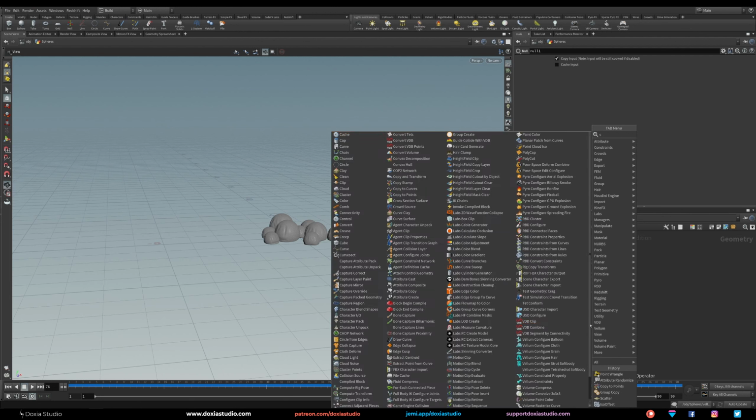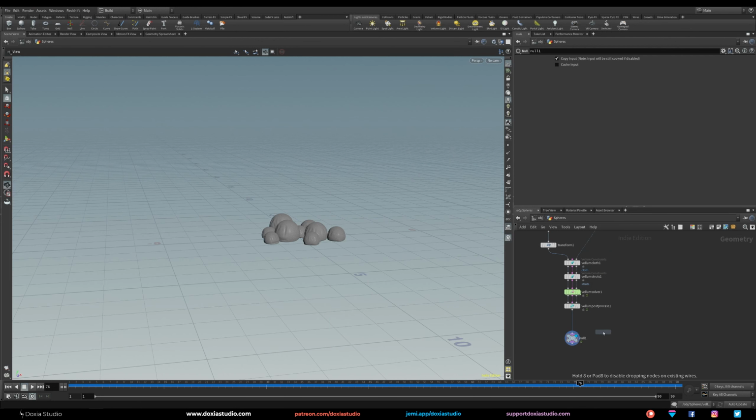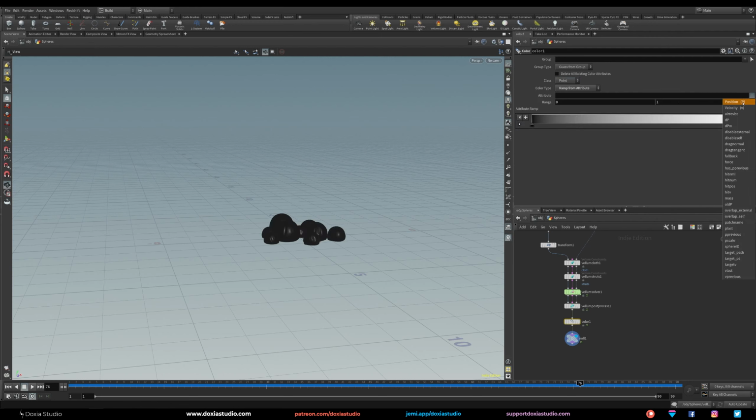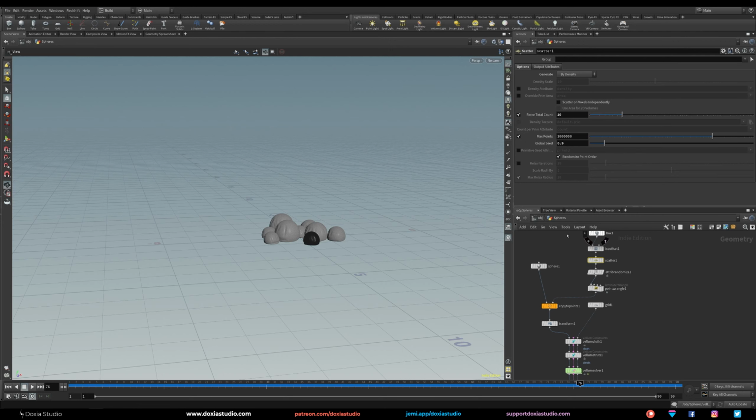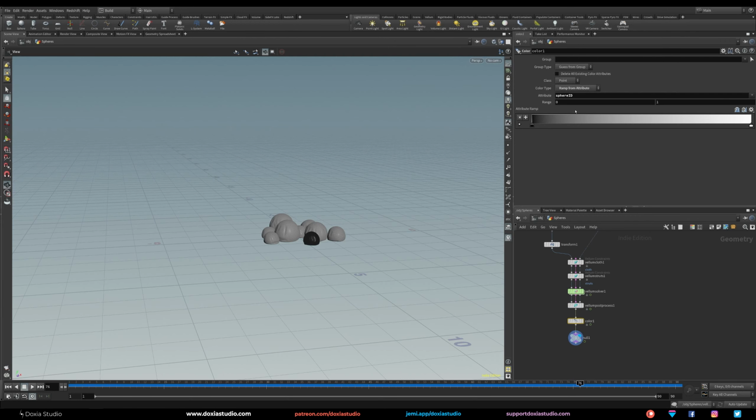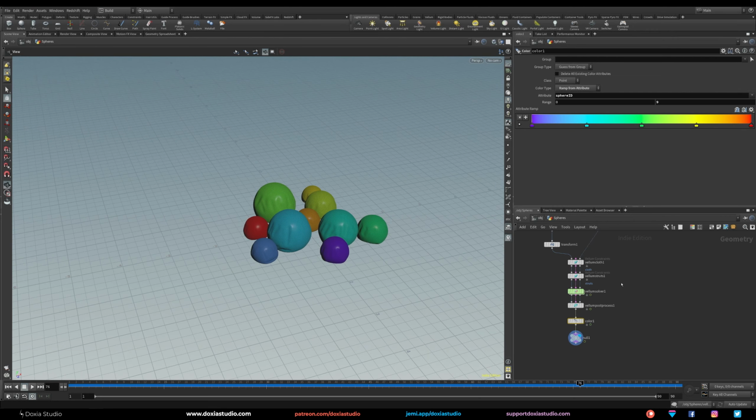Now we can put a color here, and instead of constant, ramp from attribute, let's pick that sphere ID, and we know that our sphere ID goes from 0 to the number of scatter points that we have, 10. In our case, it goes from 0 to 10 minus 1. In our case, it's 9. Now we can just color them, and as you can see, this little technique allows us to color